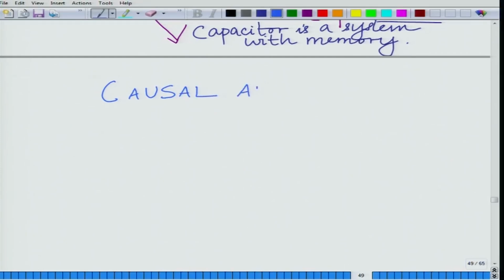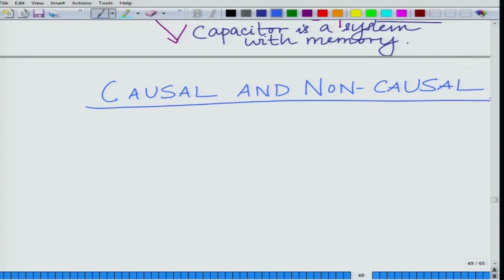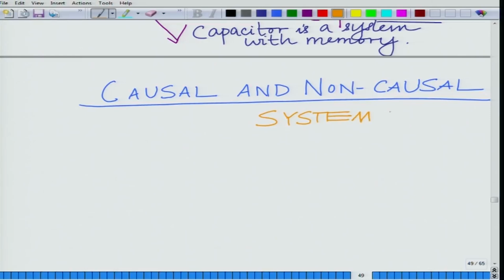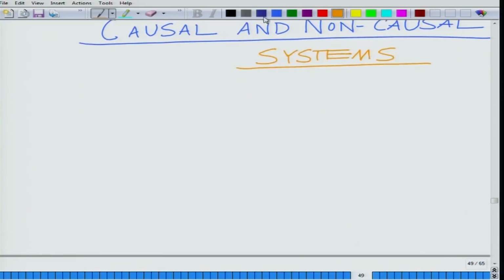Causal and non-causal systems. Okay. Now, causal system,